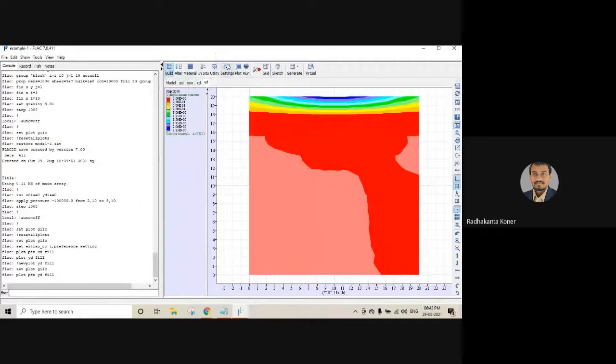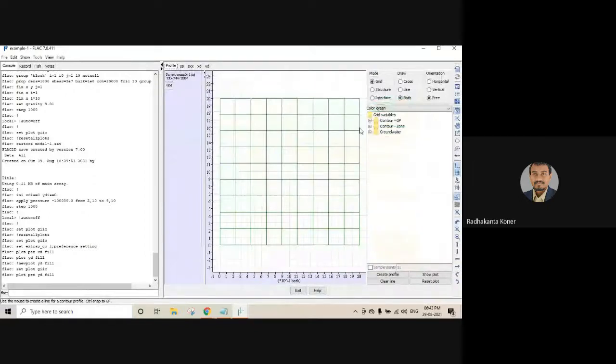Suppose I want to show the profile along some line. I want to see some amount of block. Suppose I want to see what is the effect at the top, second number of column, second number of row. Second number of rows is stress or disturbance. Yes, right? Right, very good. Stress, no problem. Contour, Y displacement, it was okay, no problem.